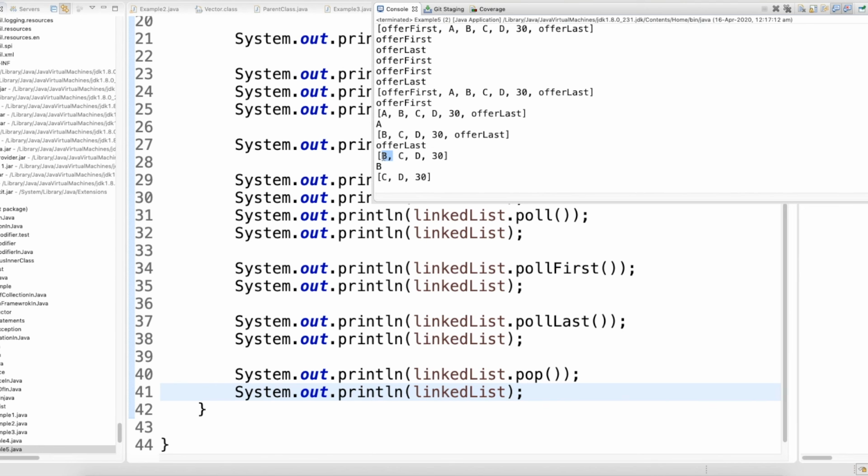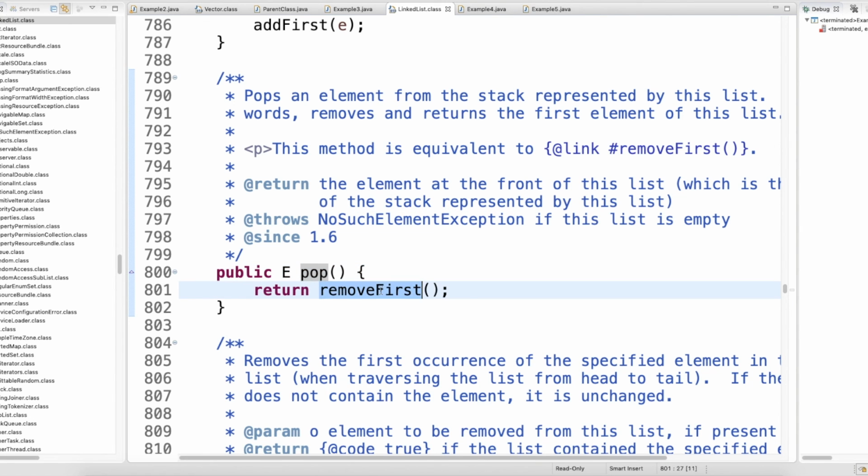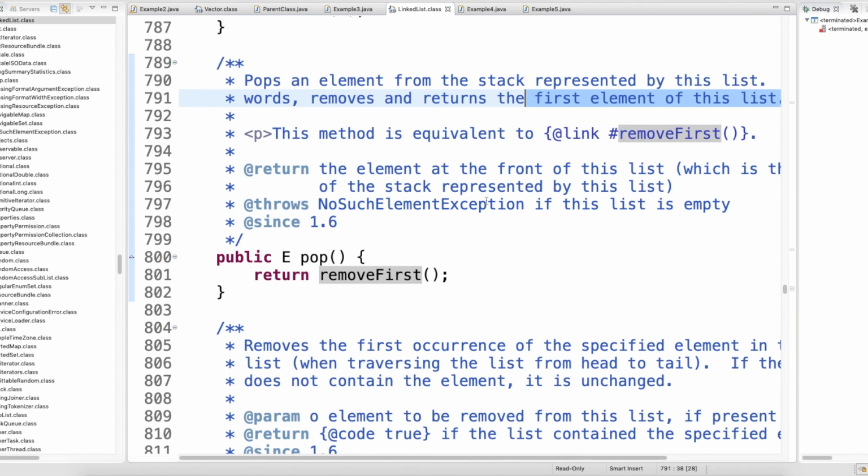So B was first in and this is going to be out. So this is pop. It will go inside that and remove the first. It pops the element from the stack represented by the list, removing and returning the first element of the list. Okay, first element. So first in, first is coming out when you are performing pop.